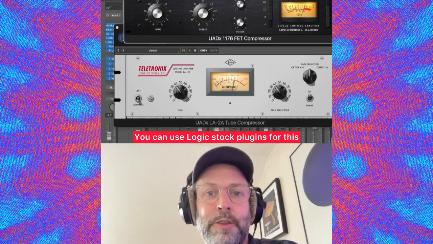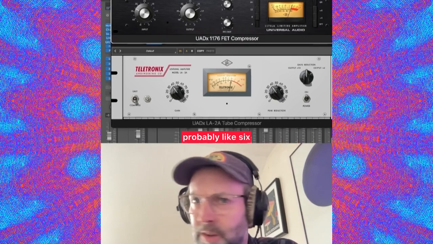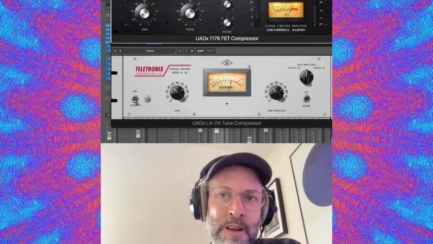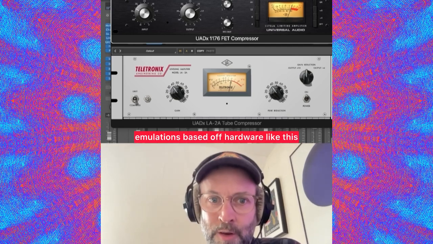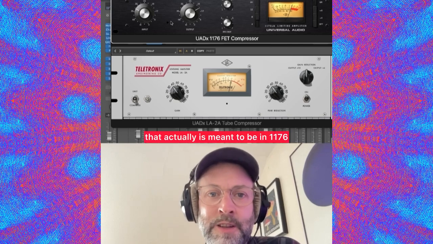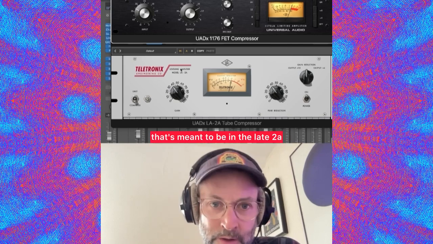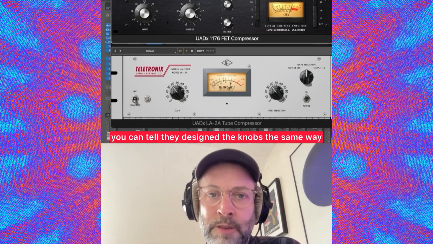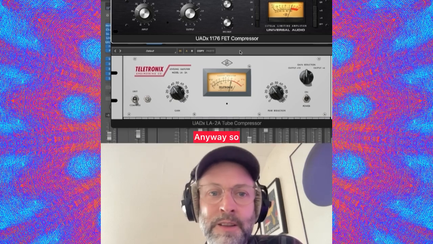You can use Logic stock plugins for this, probably 6 or 7 different Logic compressor models. All of their different models are actually emulations based off hardware like this, and so you'll find that there's one that's meant to be the 1176 and there's one that's meant to be the LA-2A. Normally by the look of the knobs on them you can tell they design the knobs the same way. Anyway, so